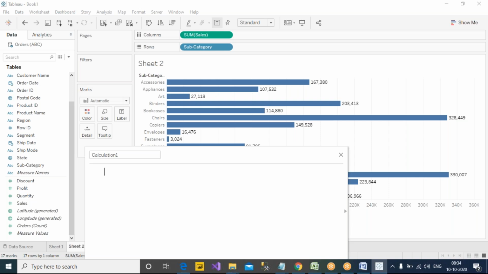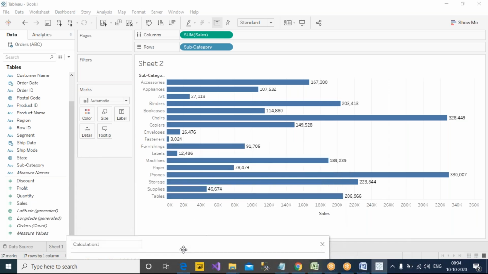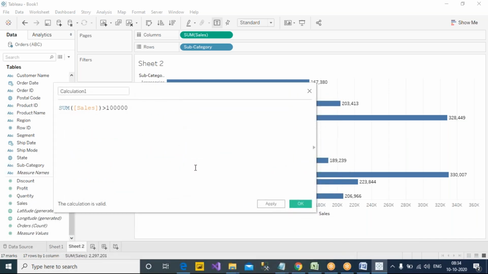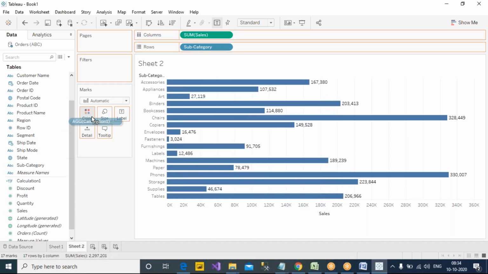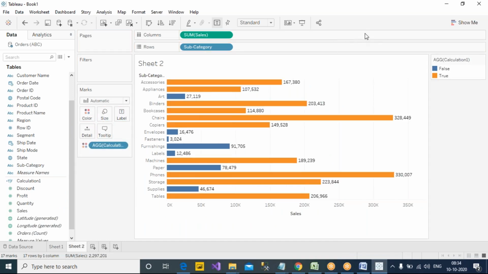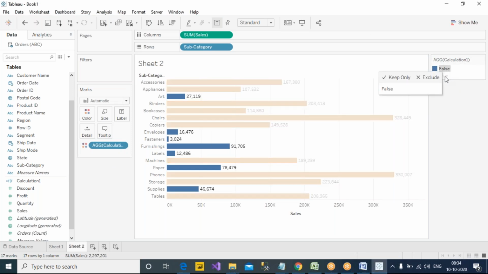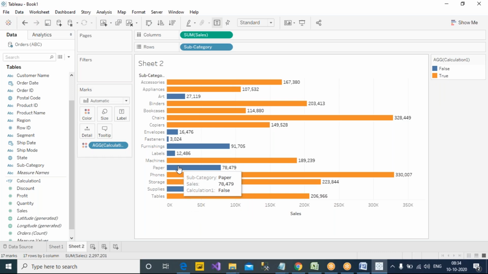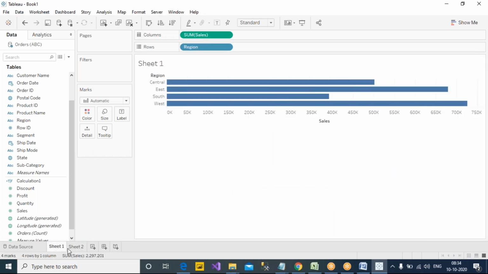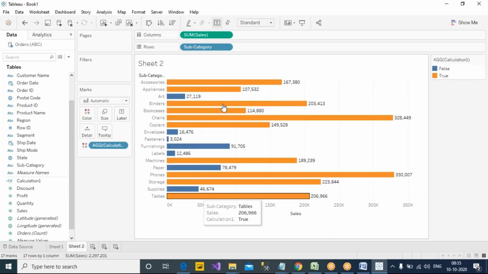Here I would say sum of sales greater than 1 lakh, so let's put that into the colors. I'm not using if conditions. I just set sum of sales greater than some number, so it gives me either true or false. That's fine. Now there are two sheets which I have, but my requirement is I have to send only